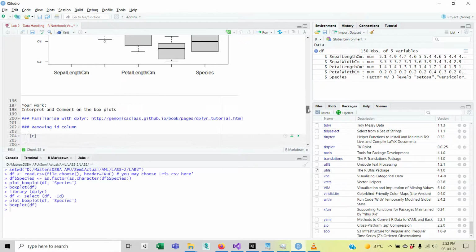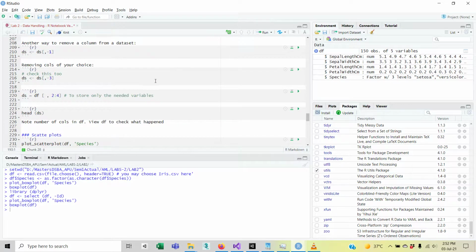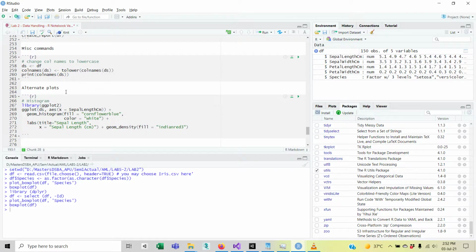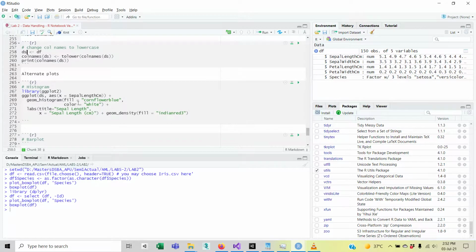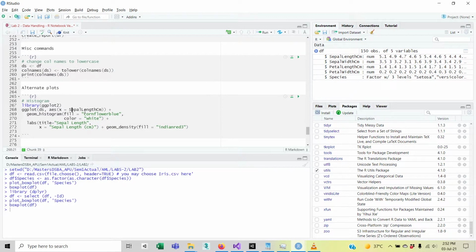And now the other issue as well, similar to this, is, as we go lower in the mutate commands, we change our column names all to lowercase. So if you notice Sepal, Length, Centimeter, the S is capital, L is capital, C is capital. These will be converted to lowercase, right? But if you notice the code over here that follows it, the S is still capital, L is still capital, C is still capital. So if we run this,